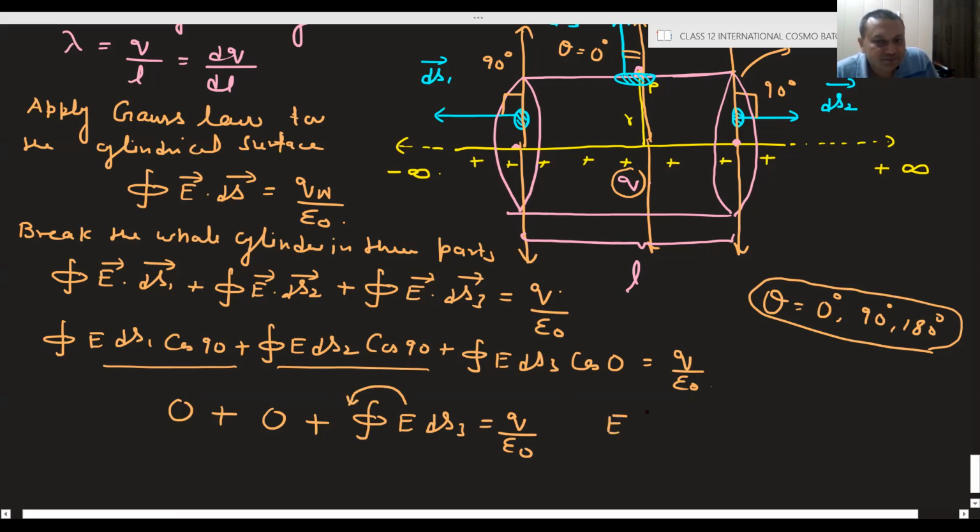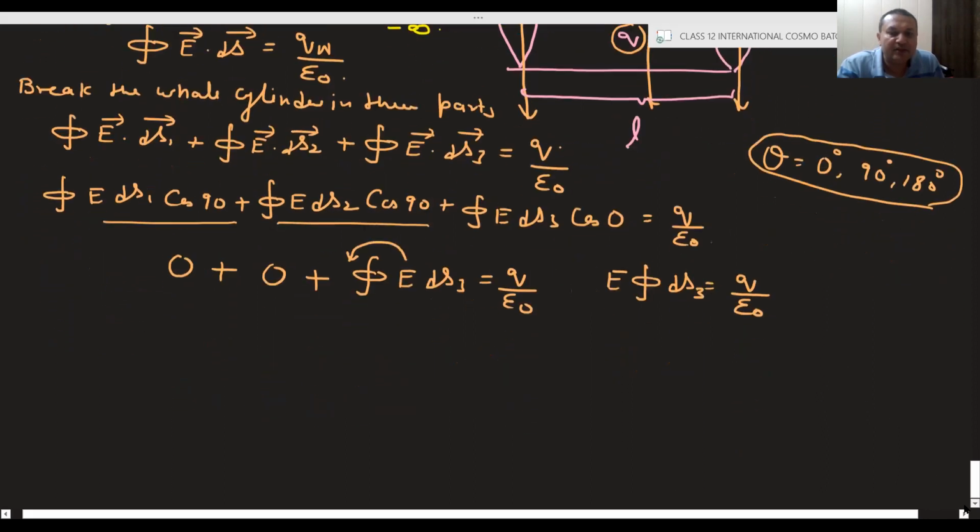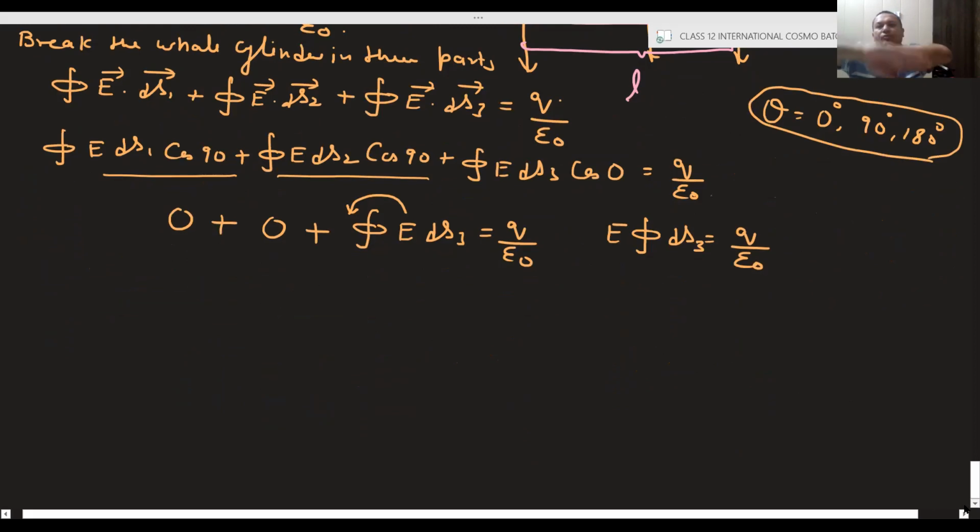So E integration of ds equals to q upon epsilon naught, and yes, this is ds3, and what is this ds3? It is the curved area of the surface of the cylinder. So may I write E into, this integration will cancel out this d, es3 equals to q upon epsilon naught,